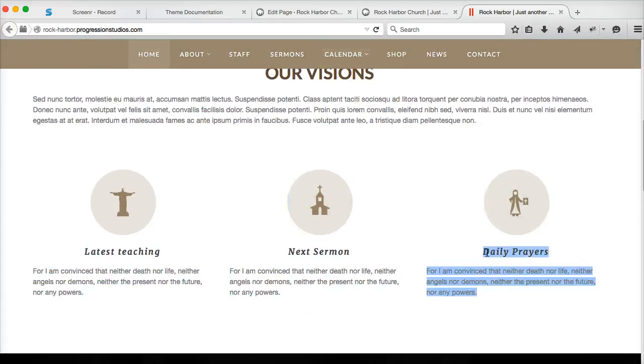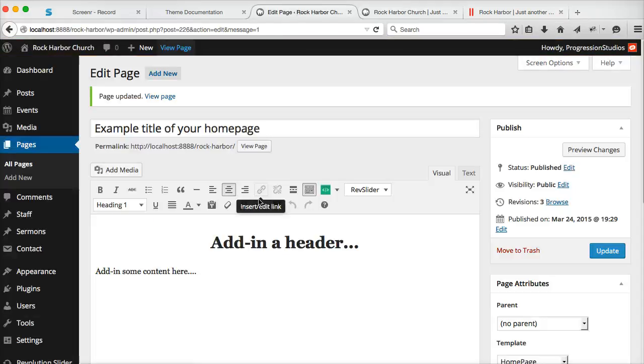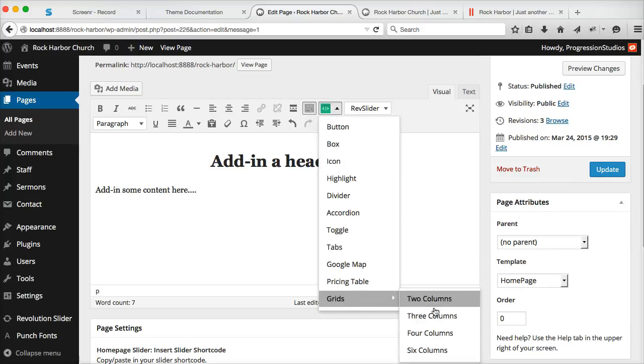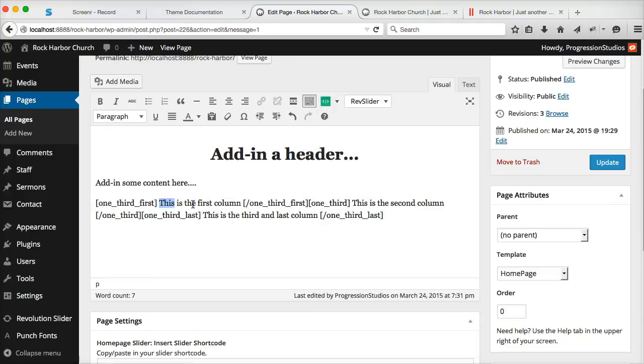And you can create these in two ways. I'll go ahead and show you the way to do it really easily with shortcodes. And then I will show you how to do it with the child page navigation in the next video. But you can do it with shortcodes really easily. Just go under light shortcodes right here and go into grids, and you can choose however many columns you want. Let's go ahead and do 3 columns, and you can add in a title,